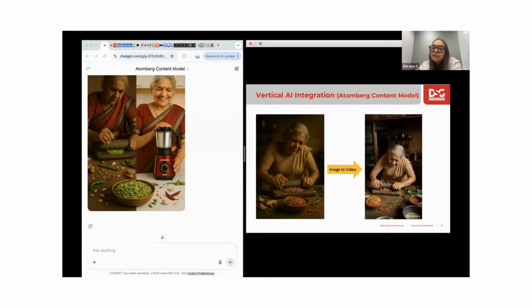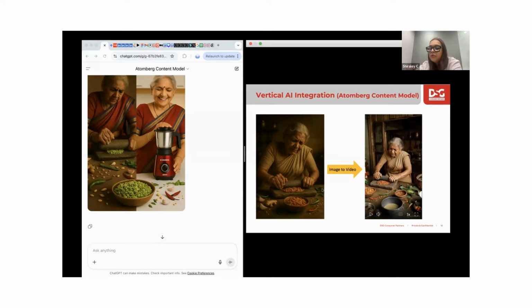The prompt was that the Dadi should be visibly straining and struggling while trying to do this. She should be in a traditional South Indian kitchen. And it was able to generate this. So all in all, I am a very happy person because my custom GPT is not only able to figure this out,